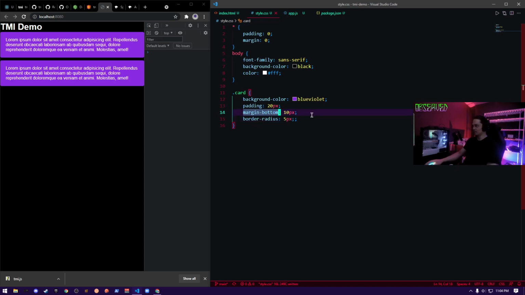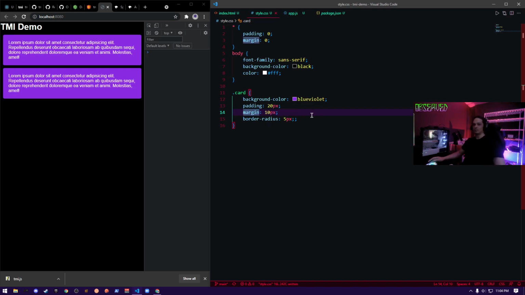And you know what? Just gonna add that margin all around. Okay, so now instead of having these cards here, I'm going to add them whenever someone types in chat.